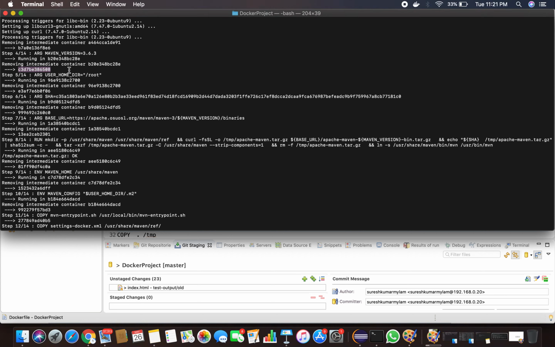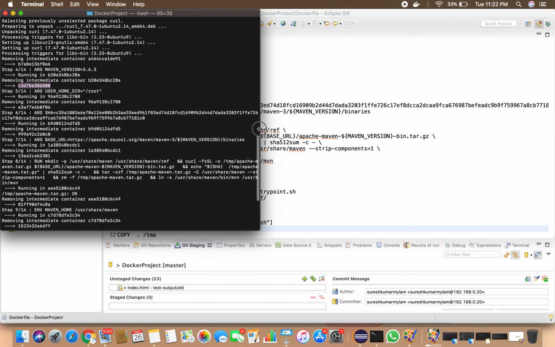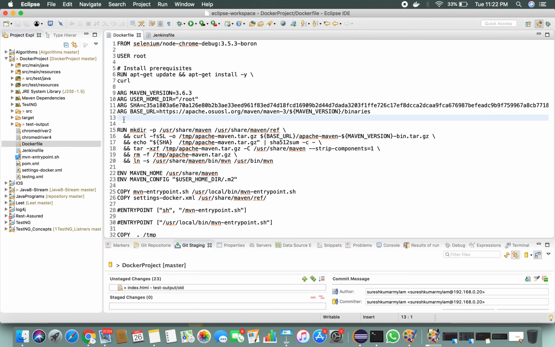In this way, it is a layered fashion, like all the commands, whatever we provided in this particular Dockerfile, everything is creating a layer and that is executing on top of the base image.